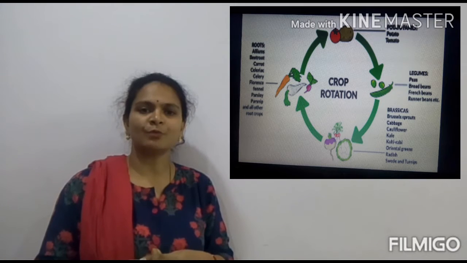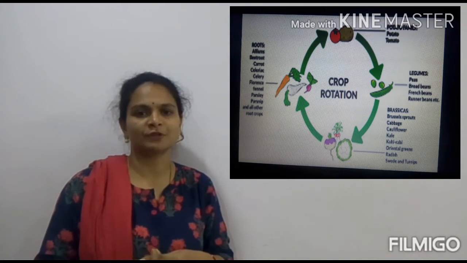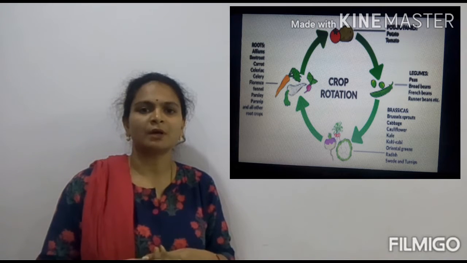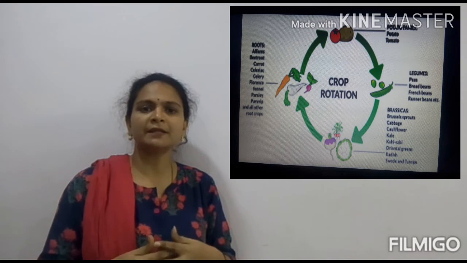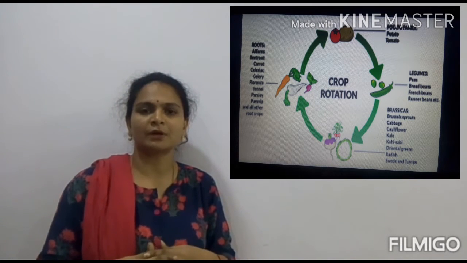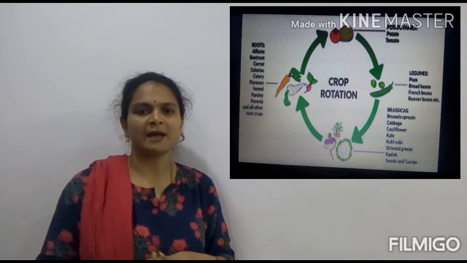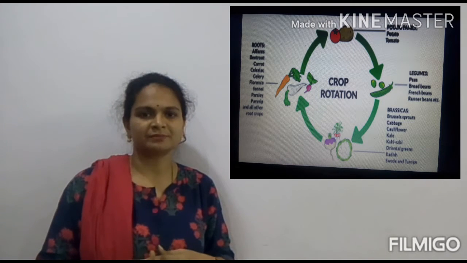The amount of moisture and the irrigation facilities will decide the choice of the crop. As this is a pre-planned method, if we are able to irrigate the fields very well with this crop rotation method, definitely we can expect a good harvest. This is called the crop rotation method.